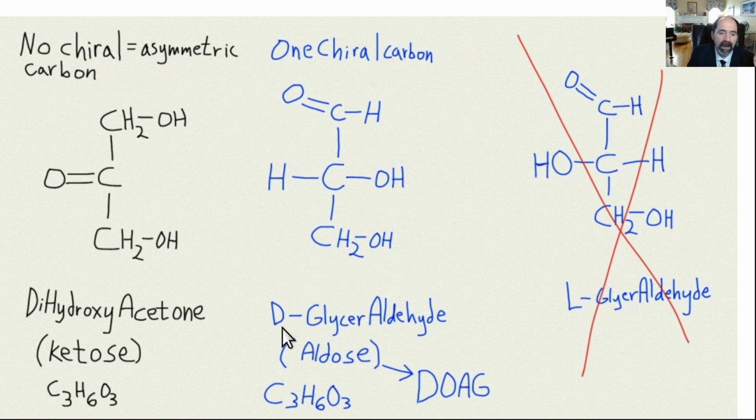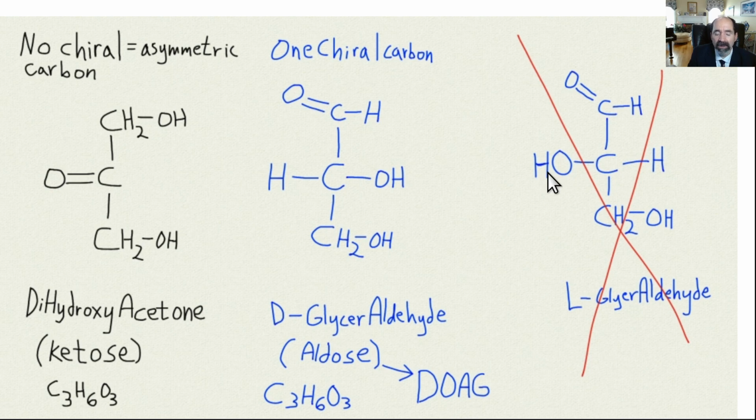D for dextrose, D. So this is D-glyceraldehyde. Because it's an aldehyde, it's also called an aldose type sugar. Something that has a ketone in it that's a sugar is called a ketose type sugar. They have the same molecular formula, by the way. So these are called isomers, meaning there's the same molecular formula if you drew what they contain, but they're connected in different ways. Okay, now this would be L-glyceraldehyde, meaning that at the last chiral carbon, the hydroxyl group's on